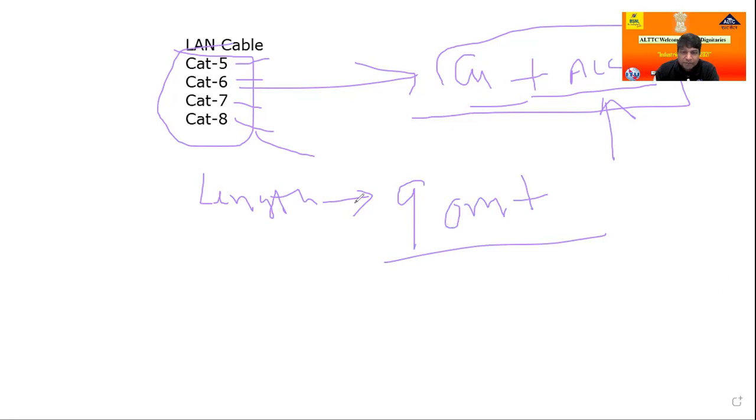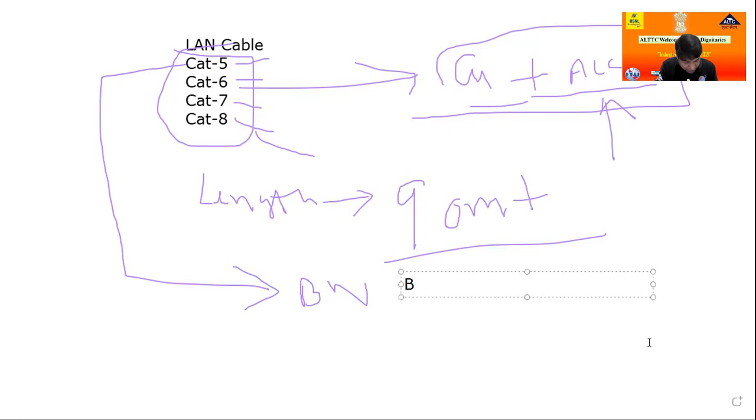And another thing, in the Cat 5, what is the difference due to the material? Cat 5, their bandwidth, meaning speed. Bandwidth, you can say speed. If you use the Cat5 cable, in this case maximum 10 Mbps speed is possible.